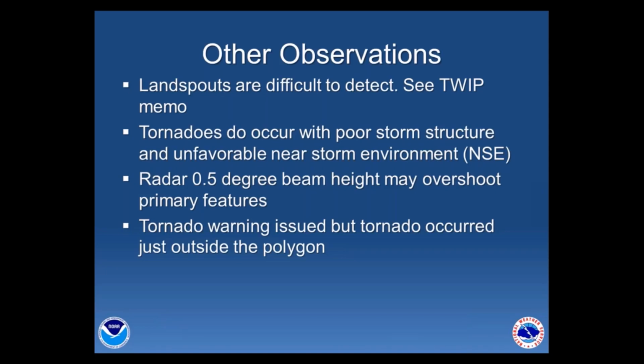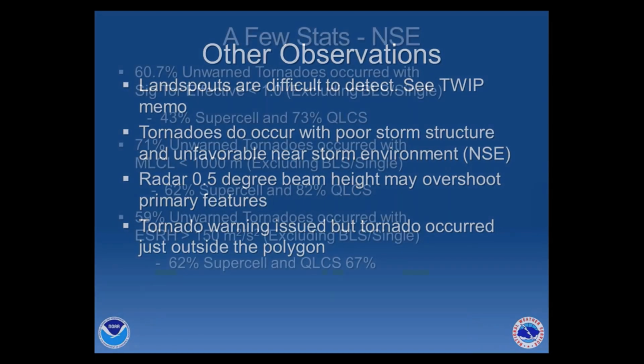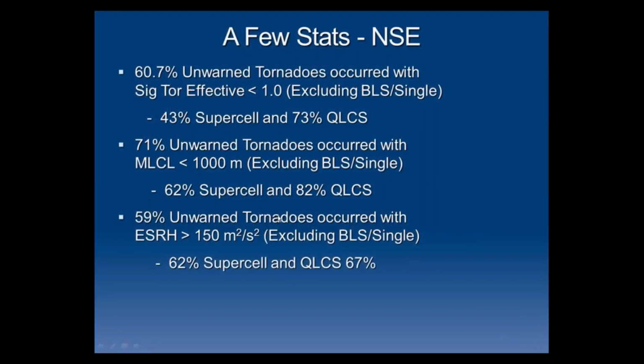The radar 0.5 degree beam height may overshoot primary features, and this may be more of a case for our western central region where there's just not as many RDAs in the area. And tornado warnings are issued, but a tornado occurred just outside the polygon, so maybe our polygonology wasn't quite optimal for that event. So a few stats of note: 60.7% of unwarned tornadoes occurred with an